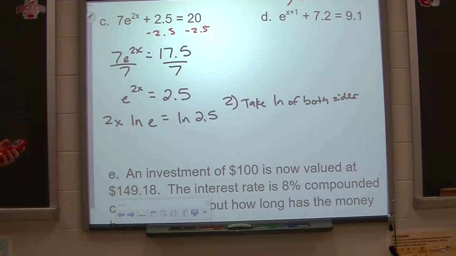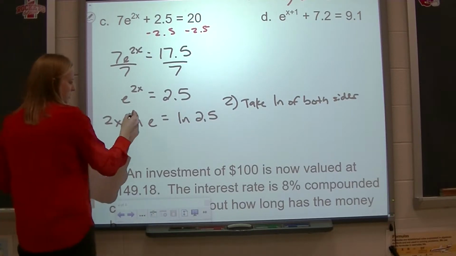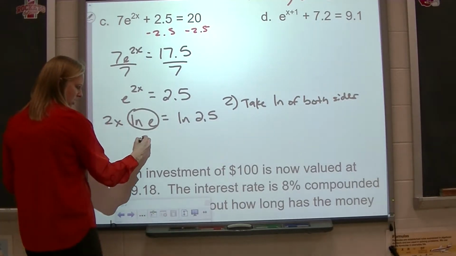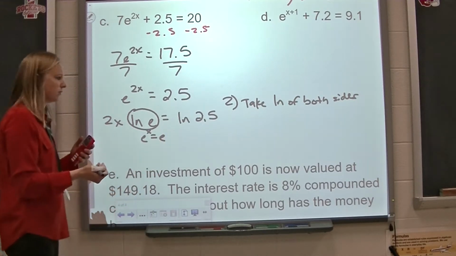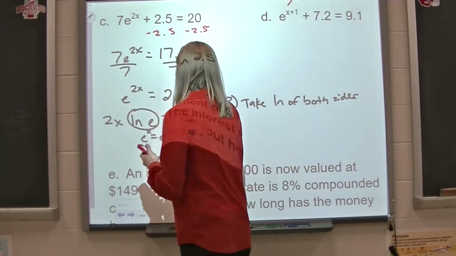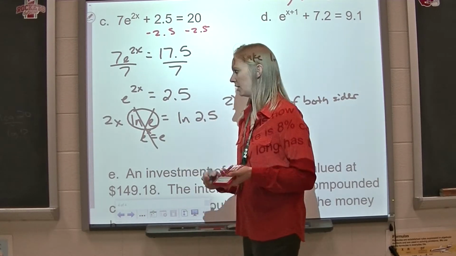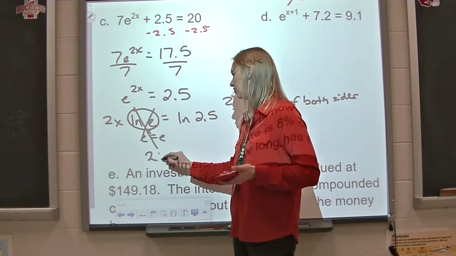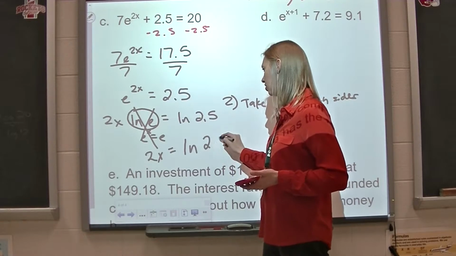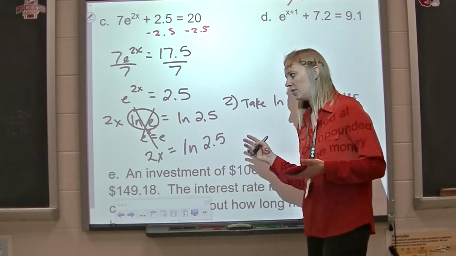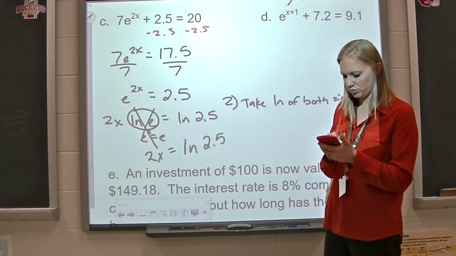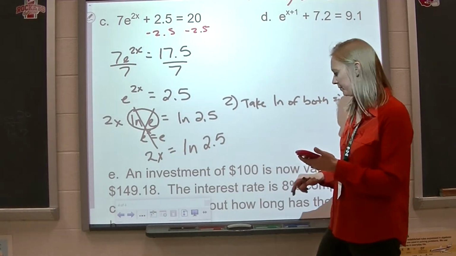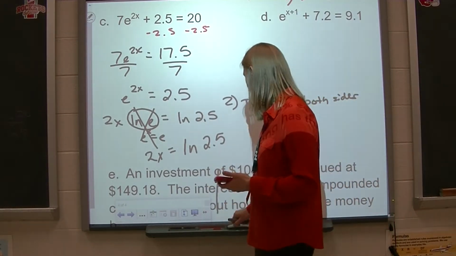Natural log of e is 1, because thinking e to what power gives us e? Well, it's e to the first power. So when we natural log e, that just goes away. It's 1. So we have 2x equals the natural log of 2.5, and then you can divide both sides by 2. So the natural log of 2.5 divided by 2 is